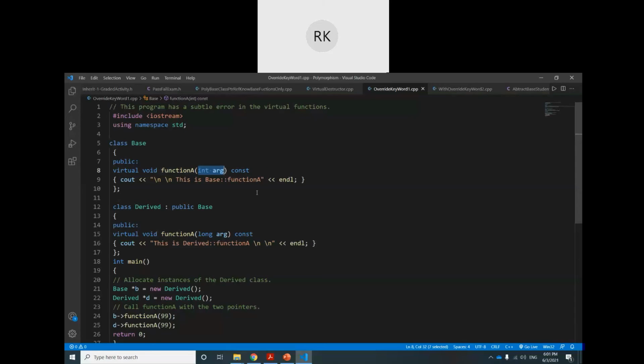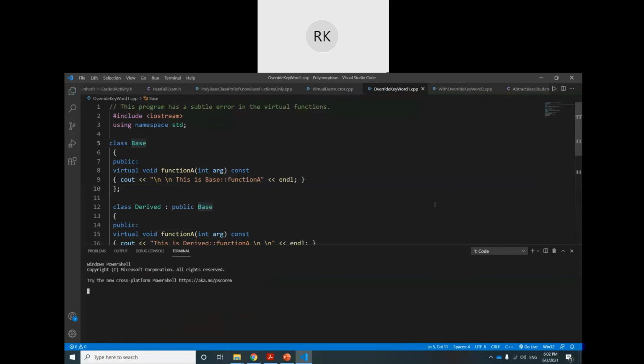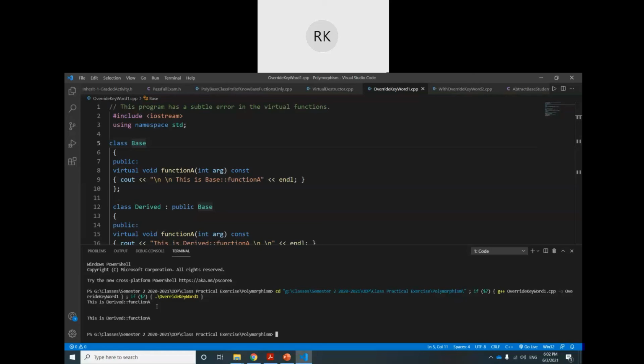One way to fix this: if I just change this argument to int, and if I run again, now this time it is okay. You see, the derived class function. So what happened?